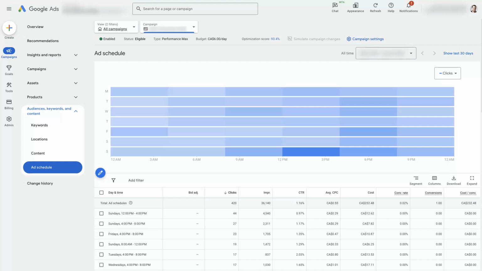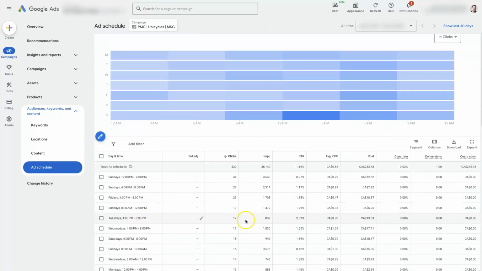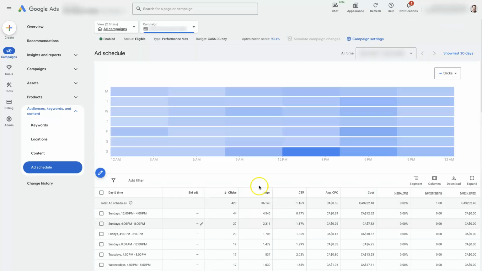Let's take a quick look at your Google Ads ad scheduling, which is really just the schedule that your ads run on. And there are certain times of day, certain times of the week where performance can fluctuate pretty significantly from industry to industry. So having some control over how your ads run during different times of the day and different days of the week can make quite a significant difference in your performance long